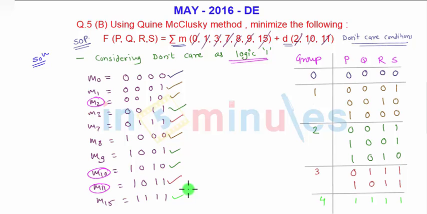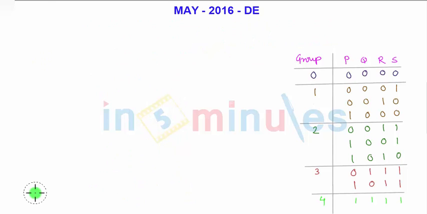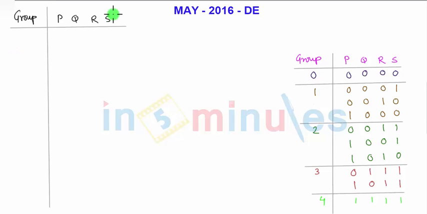Let us make a second group. Now while making the second group here, let us see how we are making the groups. Group and the variable PQRS. Okay,